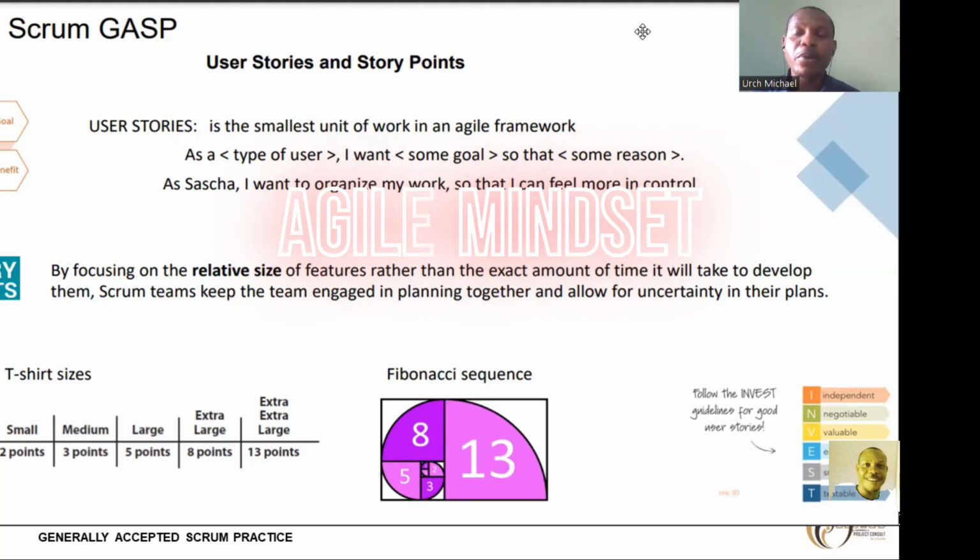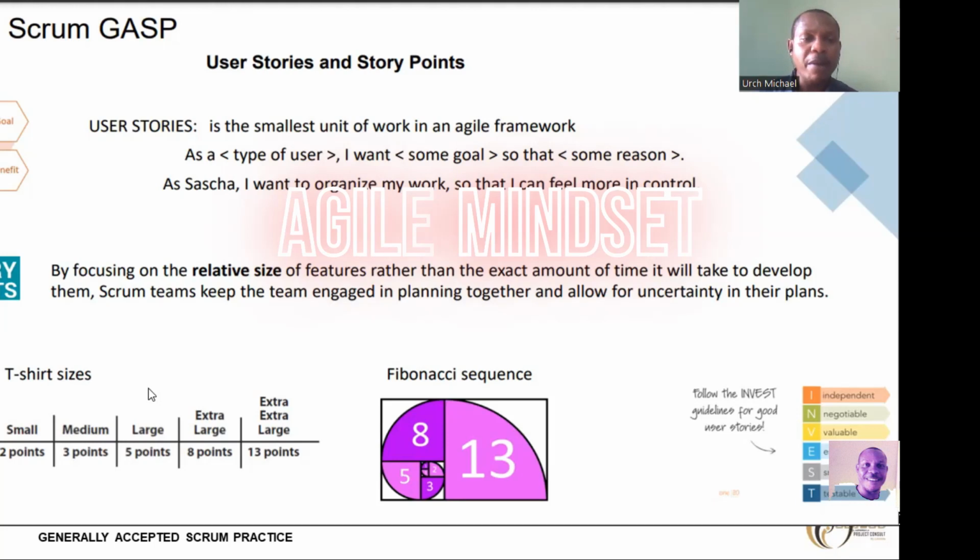The story point is a function of how long it will take me to accomplish each of those features. Now, the T-shirt sizing is an example that is used to explain how agile teams group their user stories. So a user story is a function of how long it will take. It's a function of the weight or the amount of work at hand. The more the work, the more the time it takes you to accomplish the work.